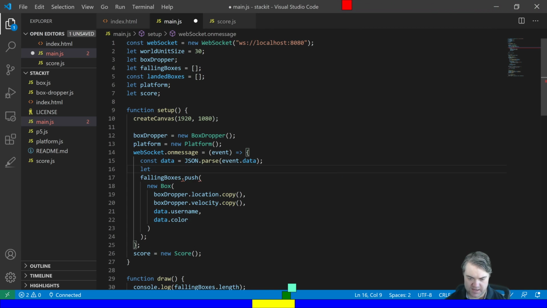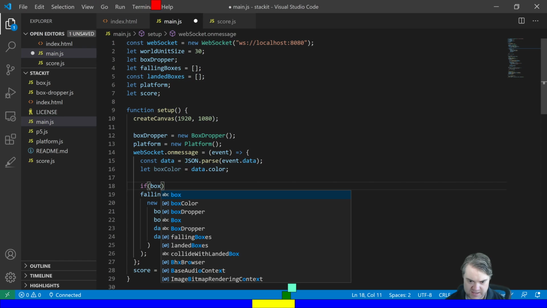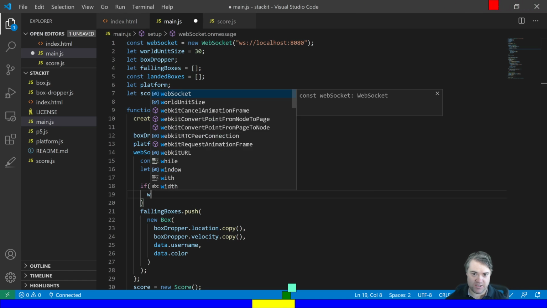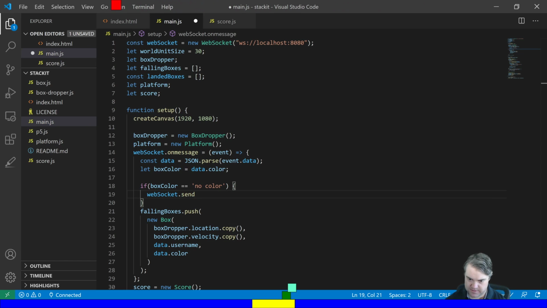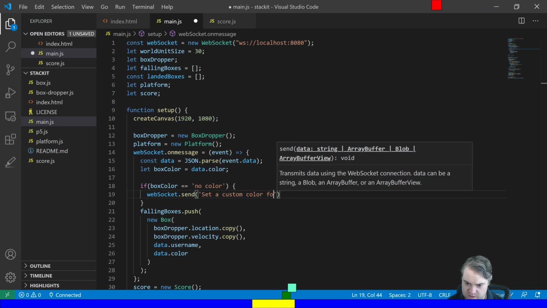I guess I'm gonna need this to be a little bit more fluid for me, plastic, adaptable. So we're gonna set this to be the data.color here, but it's possible that that's no color. So we now want to check, okay, if box color is equal to no color. That's what I named it, right? Yeah, no color. If that is, now I want to send a message. So WebSocket.send, set a custom color for your box, or set your box's color